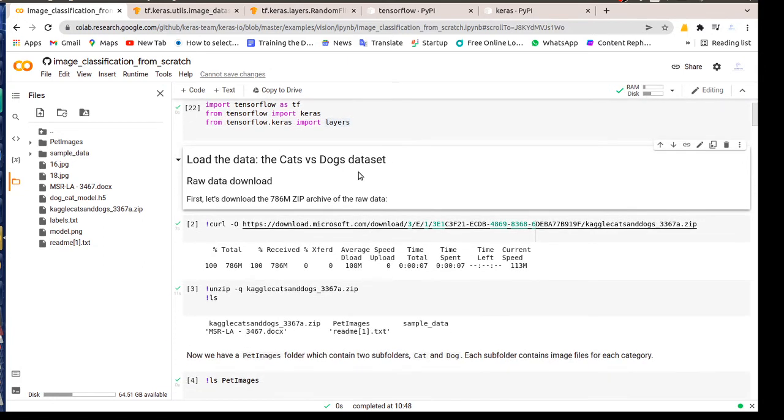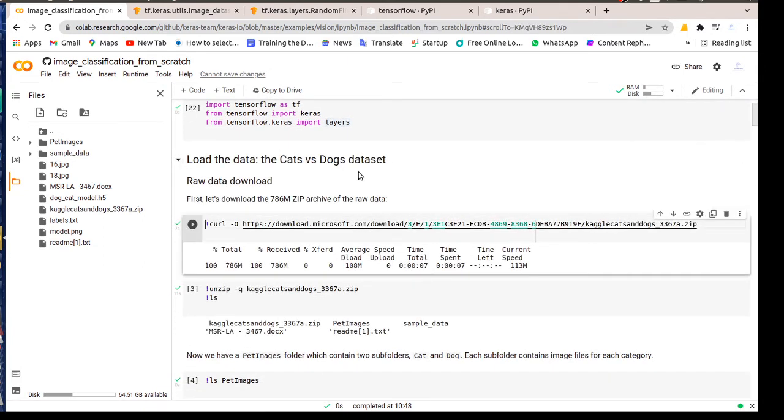Now load the dataset. For that, I will be loading from this link. I will give this link below the video, in the description section. You can check it out. You can use this command, and I will be providing you the whole code itself. If you message your email to me, I will send the whole code to your mail. You can run it, or you can work on it.